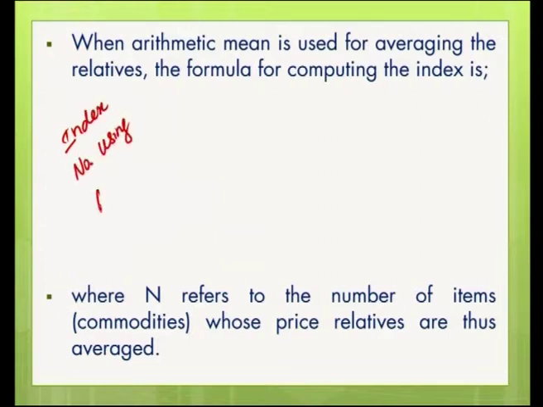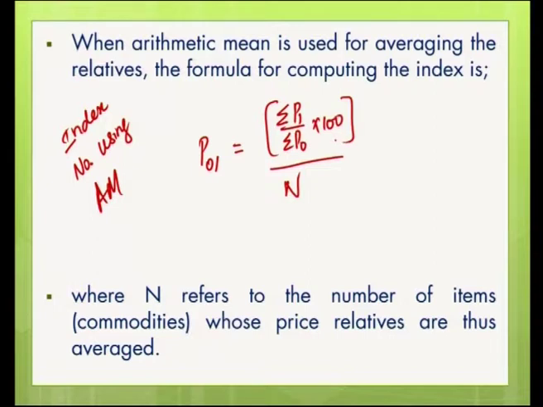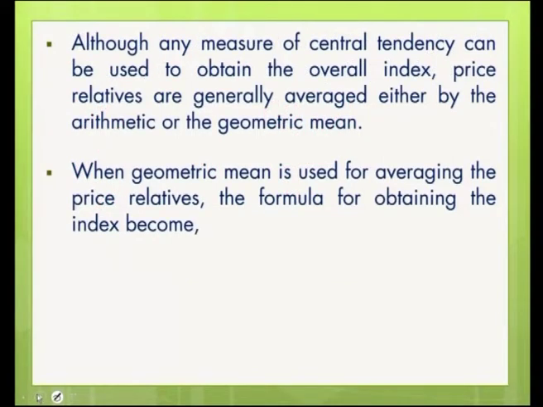using AM, arithmetic mean, P01 is equal to summation P1 by P naught into 100, divided by N, where N refers to the number of items, that is the number of commodities whose price relatives are thus averaged. Although any measure of central tendency can be used to obtain the overall index, price relatives are generally averaged by either geometric or arithmetic mean. When geometric mean is used, the formula for obtaining the index becomes log of P01 is